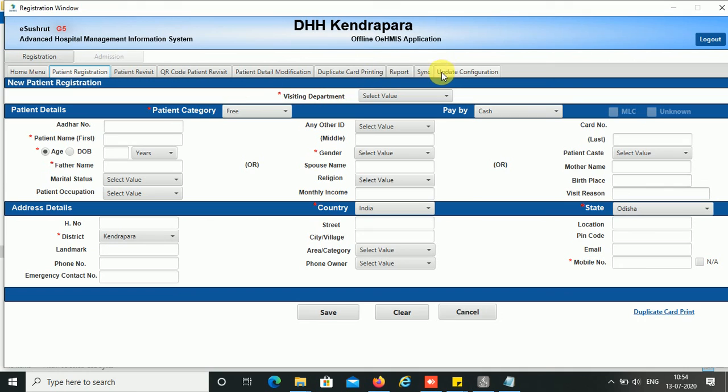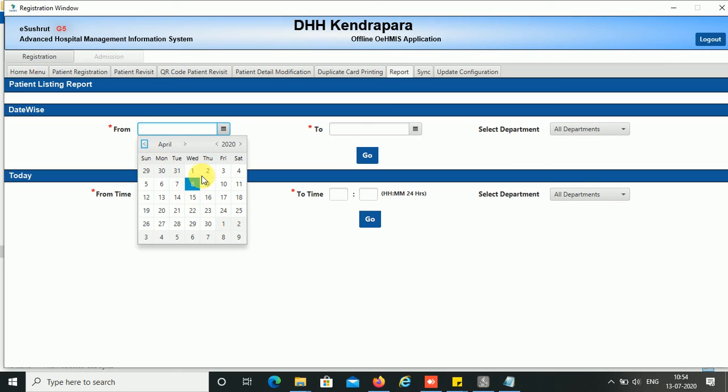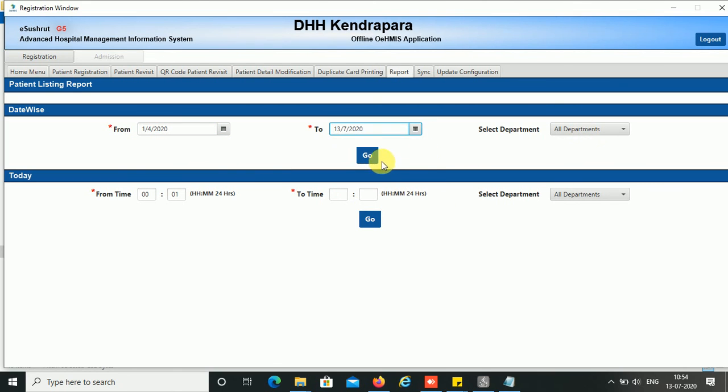My application has been logged in, and I can check through the report whether it is working or not. My existing data are here, safe or not.